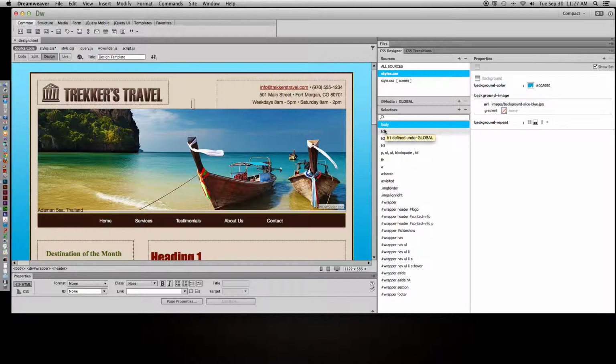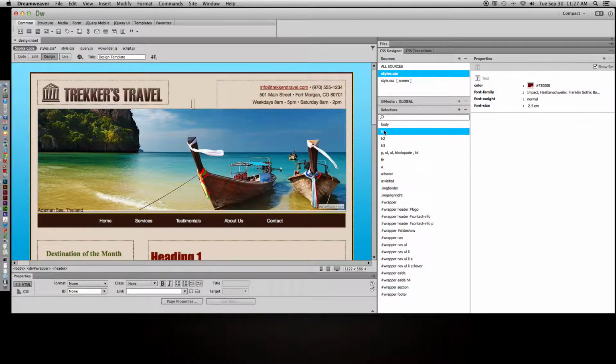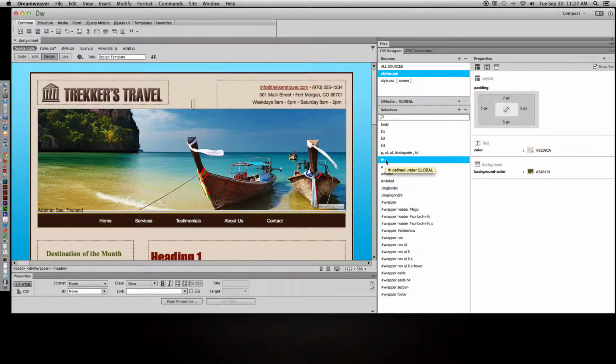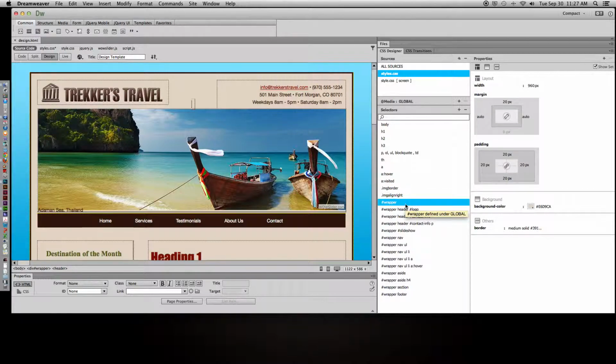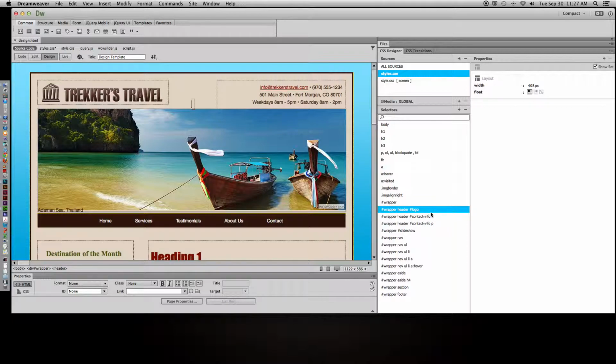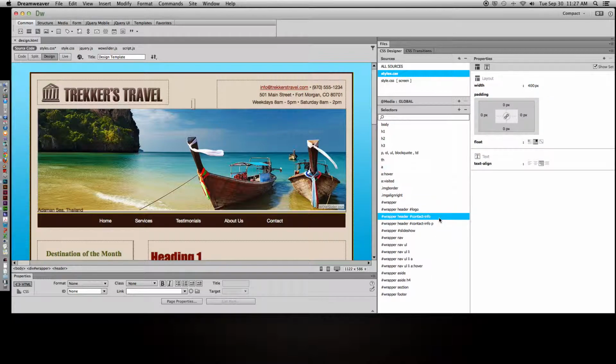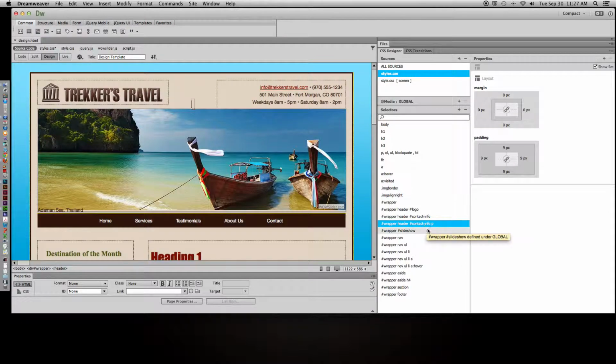So the body rule, H1 rule for all the H1s on the page, H2, H3, and those are all just personal preferences. And then I styled all the text to look the same. The table header, the regular links, what they look like when you hover over, what they look like after they've been visited, a class called image border, a class called image align right. Then we have the wrapper, the logo, the contact info, the paragraph within the contact info,